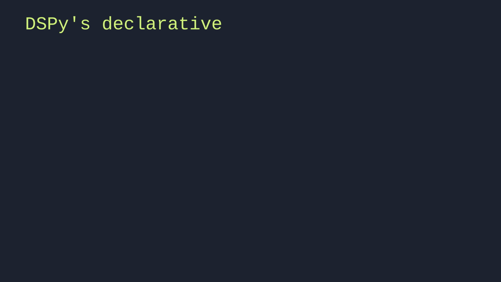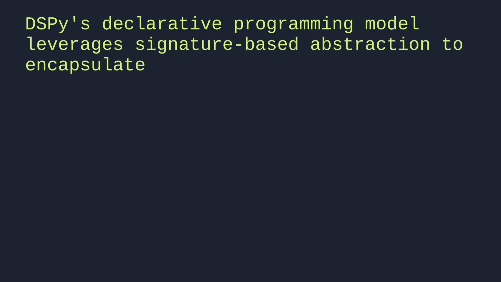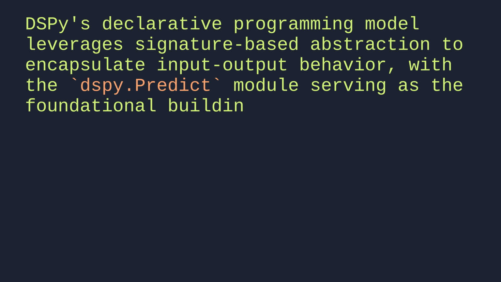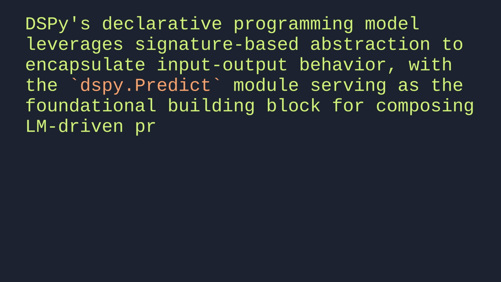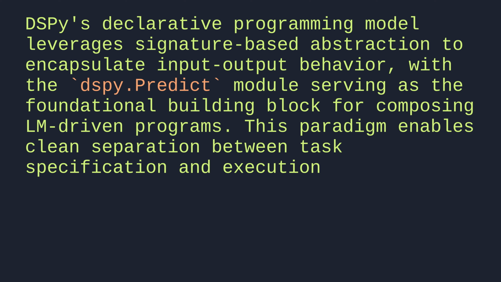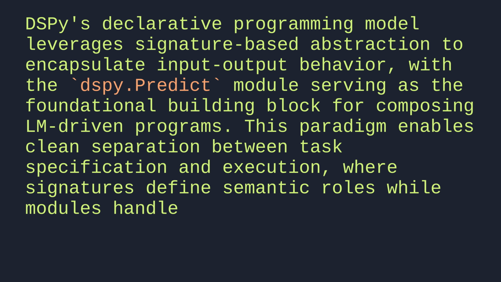DSPy's declarative programming model leverages signature-based abstraction to encapsulate input-output behavior, with the dspy.Predict module serving as the foundational building block for composing LM-driven programs. This paradigm enables clean separation between task specification and execution, where signatures define semantic roles while modules handle prompt construction